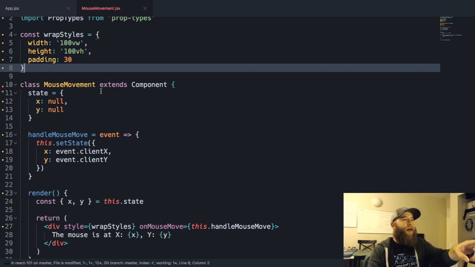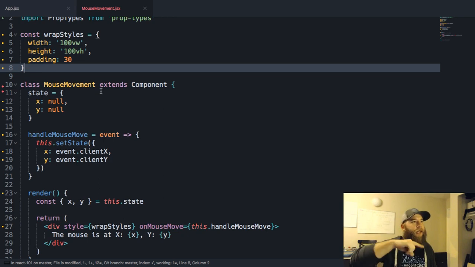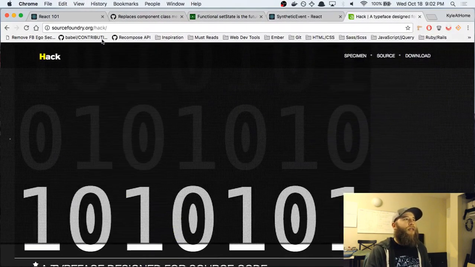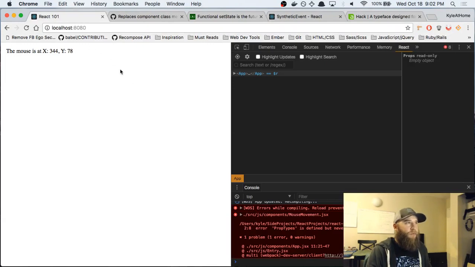And then every time we fire a MouseMove event, this.setState will get called, and as fast as it can, it'll update it, and it's so fast. Like with just the mouse, it's not bad with one event. I think you would really need to overwhelm it with the amount of things it would need.